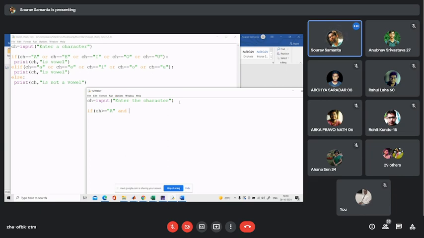Okay, ch particular second logic, get, so we can understand whether it is a capital letter.